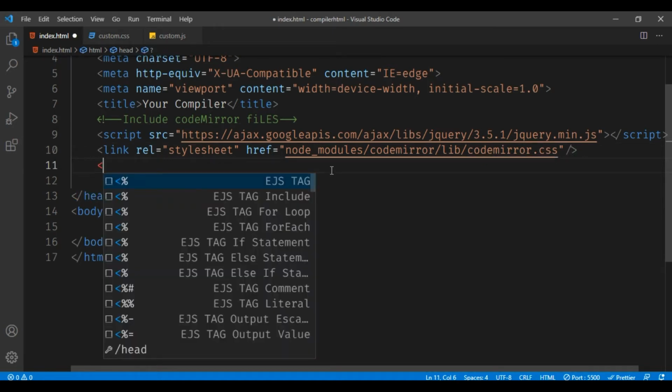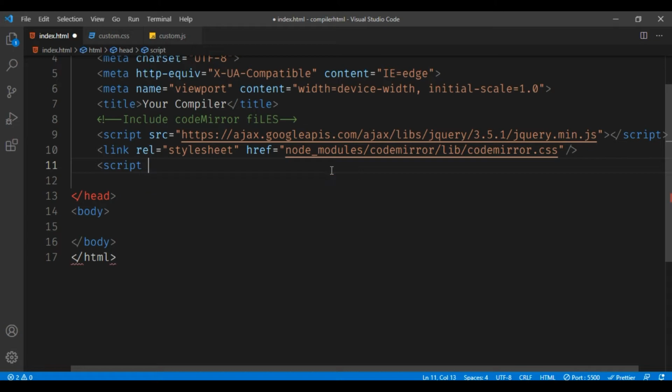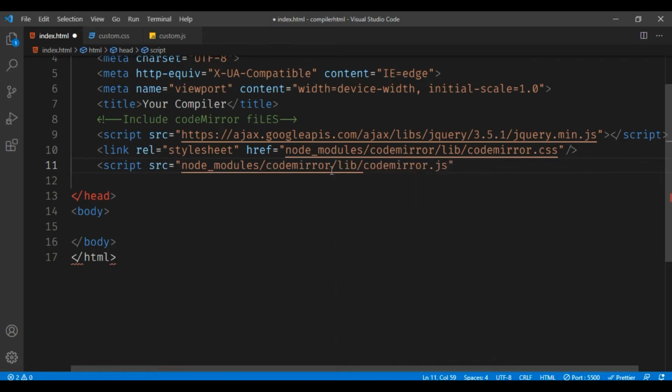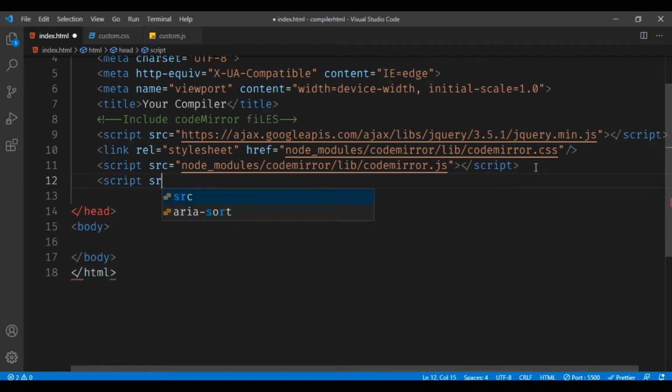This is the style sheet. Now let me include the script file. It is still here, codemirror library, codemirror.js. These two files are the main files which will tell the browser that you have already installed CodeMirror in your website. Now let me include some custom JS file.